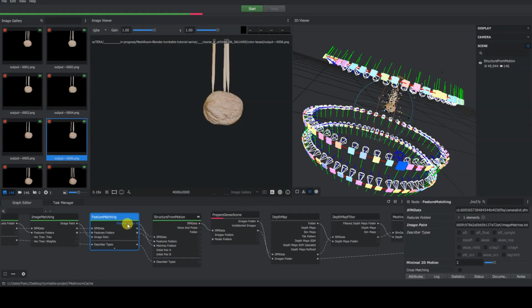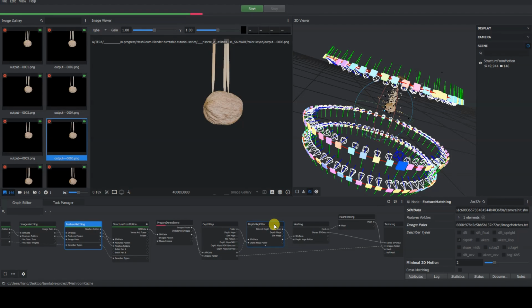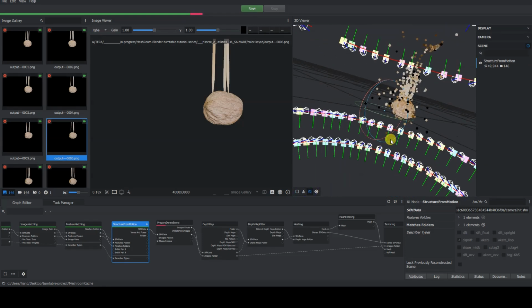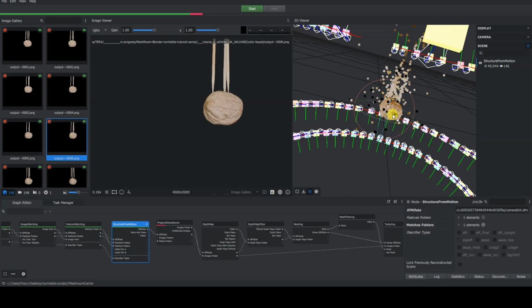Hello, everyone. This is episode 0 of a series on a photogrammetry project that involves the use of Blender, Meshroom, and possibly Substance Painter. This is a basic series aimed at those with little to no experience in photogrammetry.